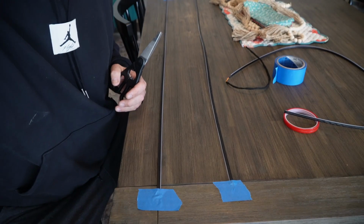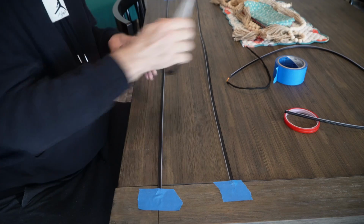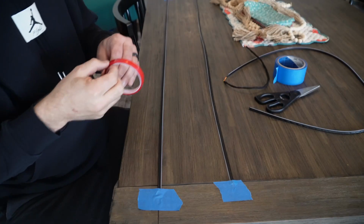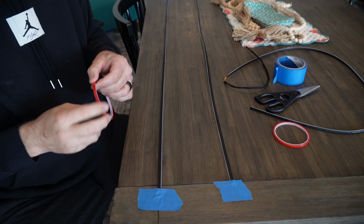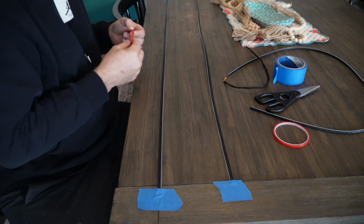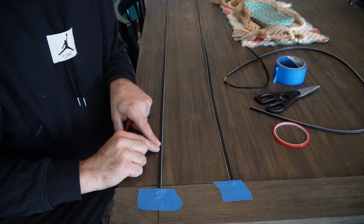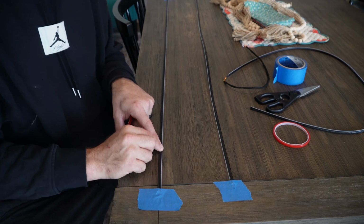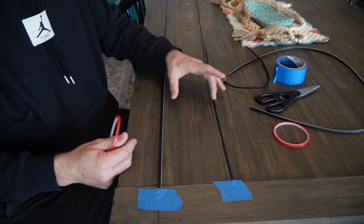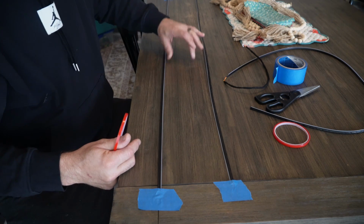Alright, so now I have these taped down to the table. I'm just going to take this double-sided sticky tape and roll it out down the side of each one on the black side. So I don't know if you can see, but on these you'll see a clear side and the black side. The clear side is the light. So you'll notice I have them set up so they're the insides of the car facing in,